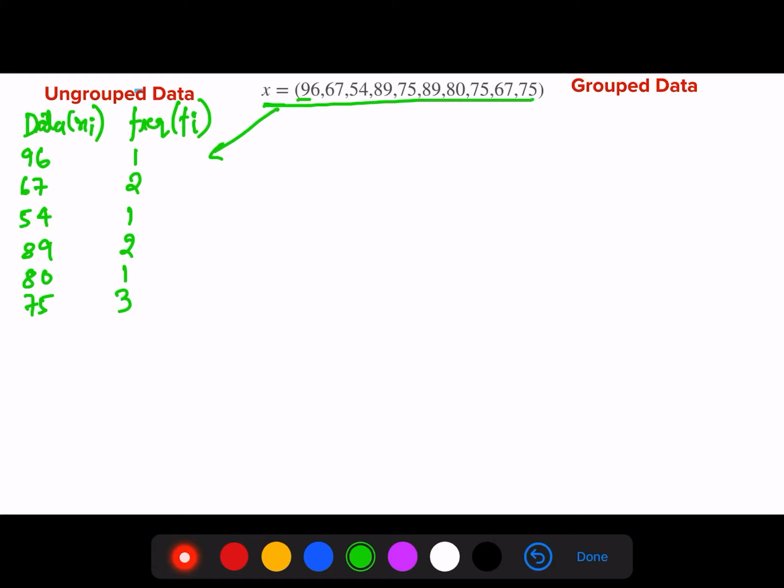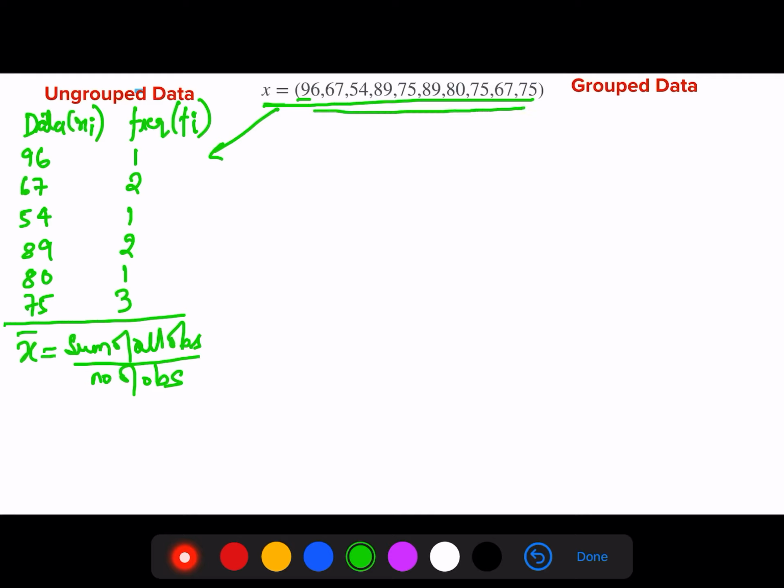Now, if I have to calculate mean of this data, mean is represented by x bar. What I can do is literally sum of all observations divided by number of observations, which is a very basic definition of calculating the mean. So one way would be you can sum up all these numbers here and divide it by 10.